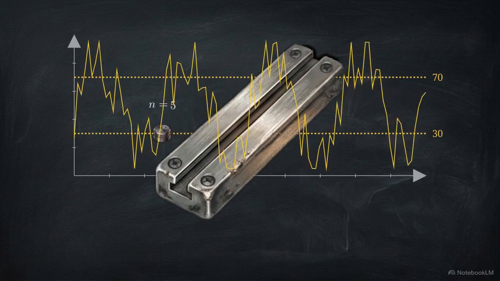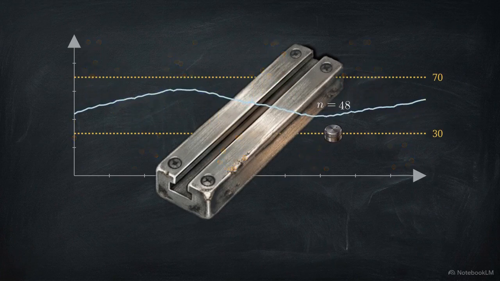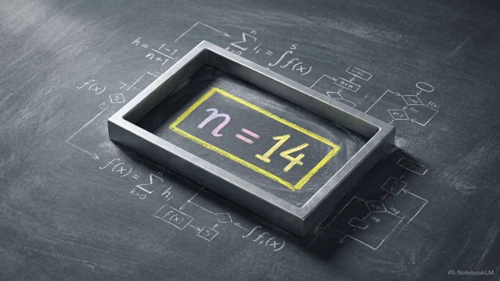Decrease N and the mathematical output becomes hyper-reactive. The indicator line oscillates wildly, creating a jagged profile that triggers signals on almost any minor price fluctuation. Increase N and you smooth out the data points. The indicator becomes a slow, lagging curve that takes significant time to register changes in momentum. The core formula is sound, but its accuracy relies entirely on selecting the structural input for N that matches the